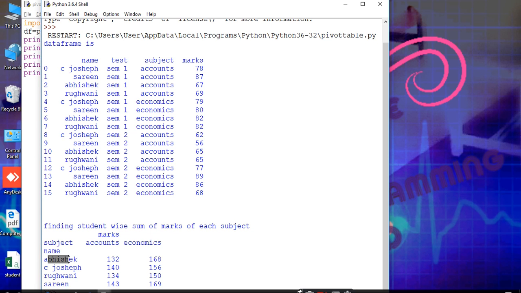For the first student Abhishek, the total marks of accounts is this and of economics this, and the second student C. Joseph obtained the total marks in the account subject of semester 1 and semester 2 as 140, and for economics 156. So this is the sum subject wise, student wise and subject wise.